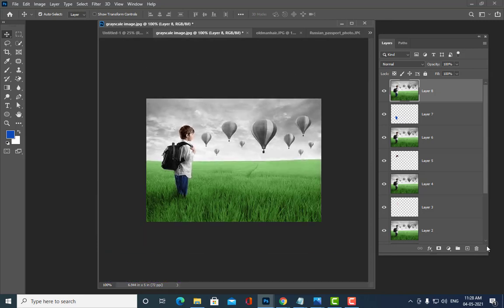so let me select these balloons. So how to select the balloons? We can use the quick selection tool.